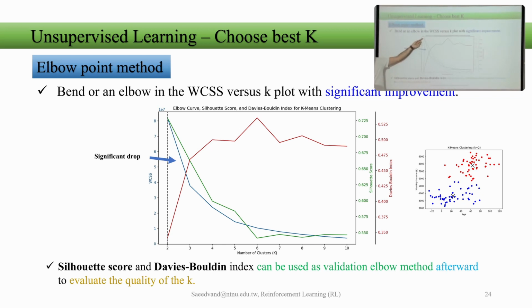To prove it, to see that it's correct, we can plot the other metrics. We studied 2 other metrics, and they also prove that for us. Both of them show that at 2, this should have been minimum, this should have been maximum, and it shows that at 2, it is perfect.